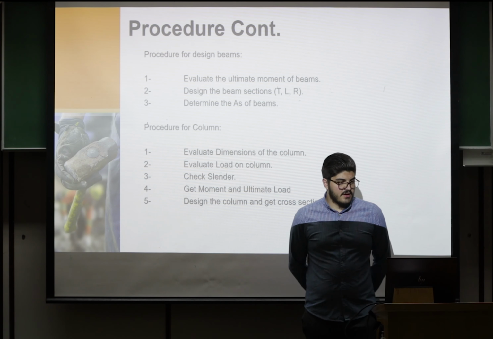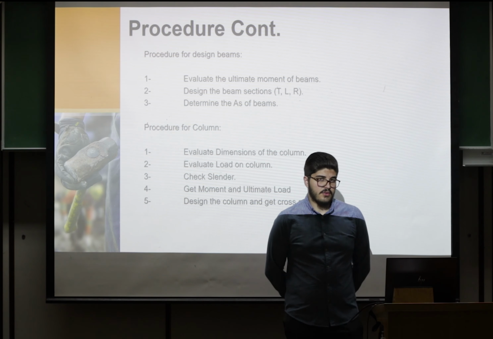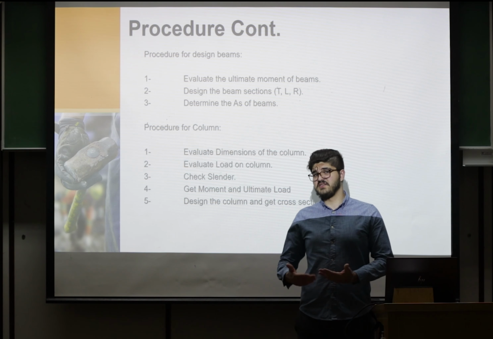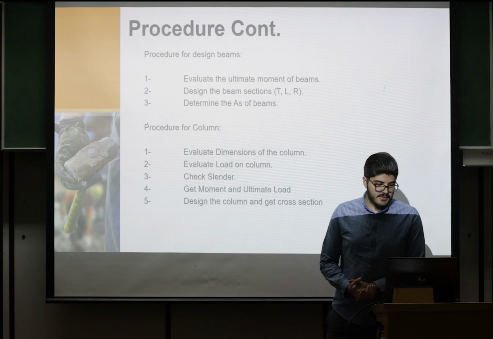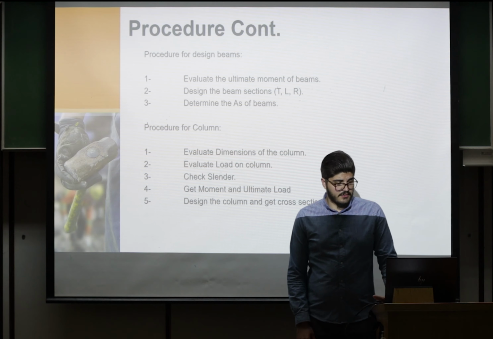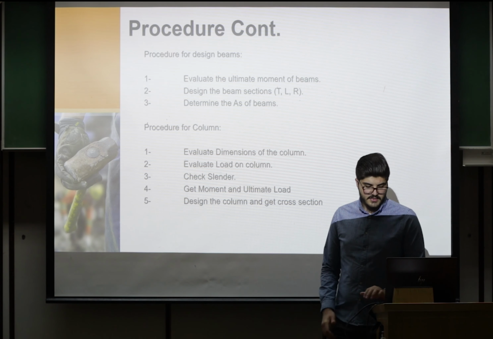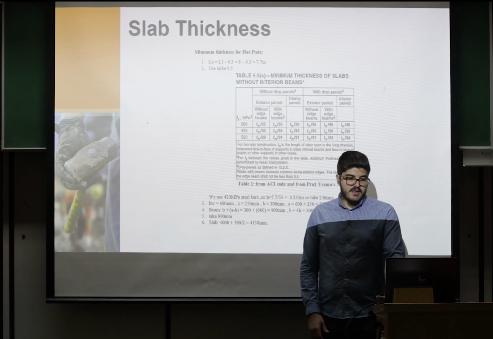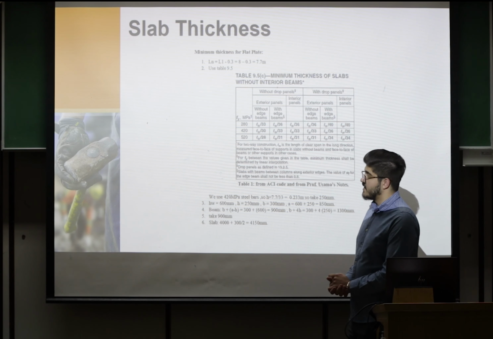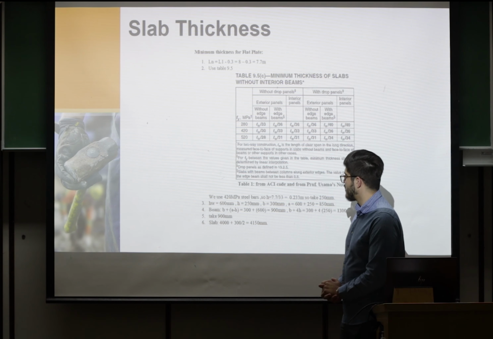Then we have the procedure for the design of beams, where we have to evaluate the ultimate load, and we have to find whether it is T, L, or R. Then we have the procedure for columns, which is to evaluate the dimensions of the columns, and so on, to design the column and get the cross section. Now we have this table, which is from the ACI code. We will use it to find our